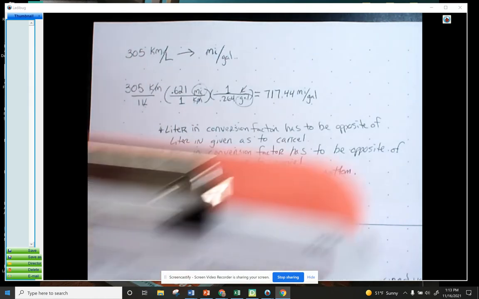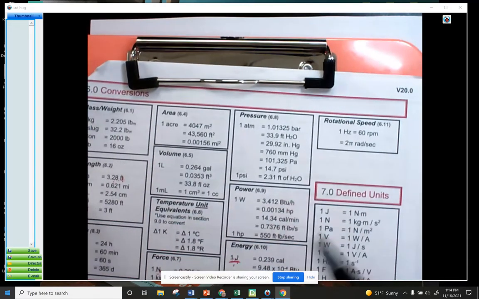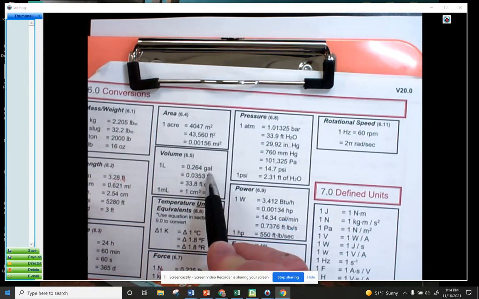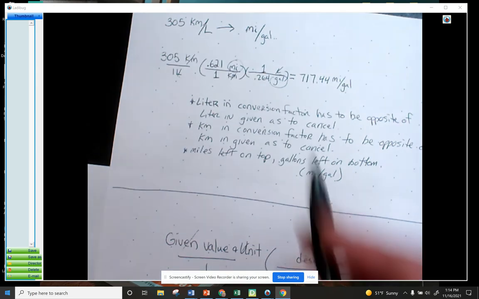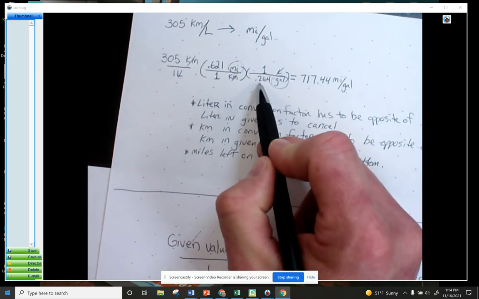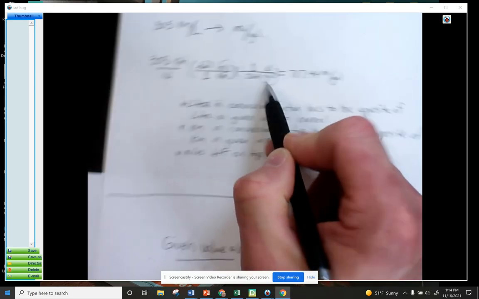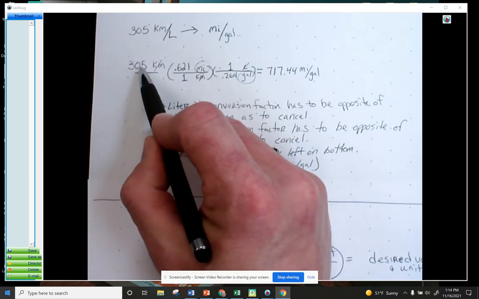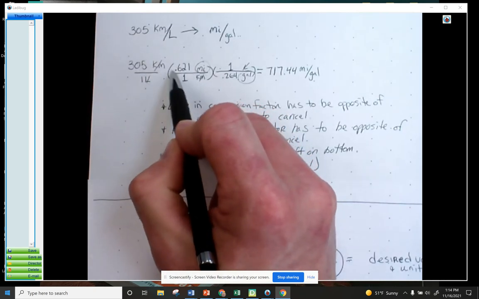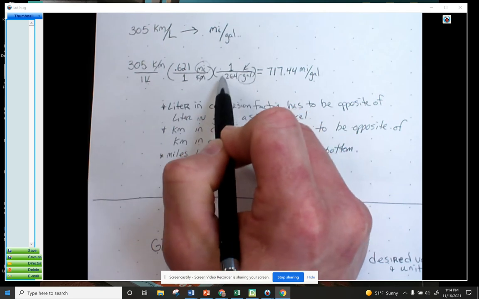Coming to the sheet here, 1 liter is this many gallons, 0.264 gallons. So 1 liter is 0.264 gallons. In this case, we're going to take 305, multiply by this value, and then divide by this value to get